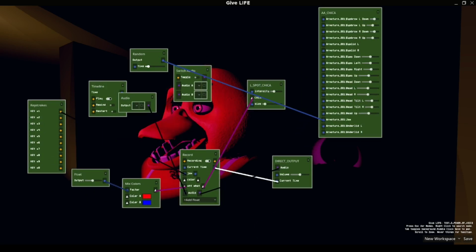It's up to you if you want to add all this crazy stuff. If you want to just plug a keystroke node into a record node, record that, and be done with it, you are free to just do it like it was in Faz-Anim, where you press some keys and you're done. But if you want to go a step further and have fun parts to your show, you can now do that. There are no restrictions on you anymore, as much as I can lift from this engine.